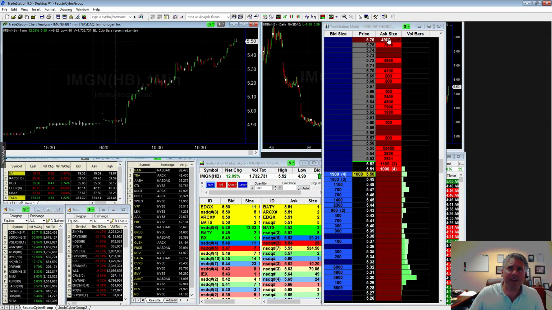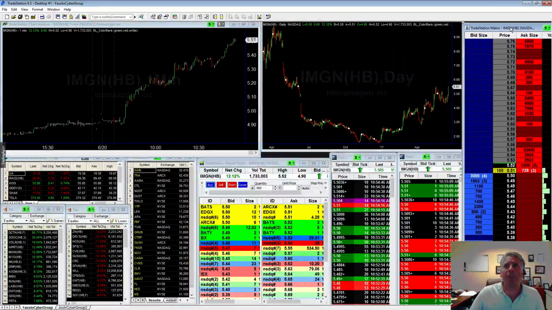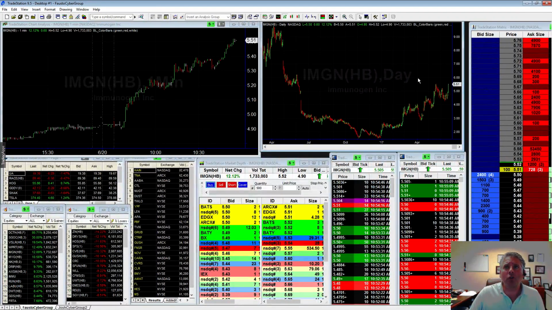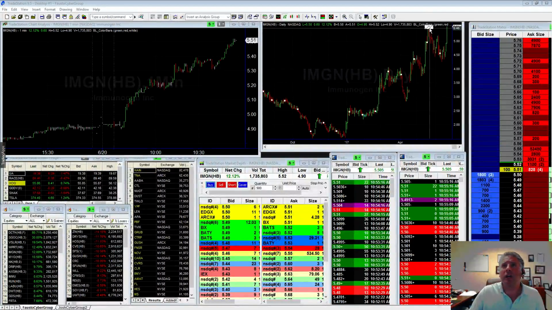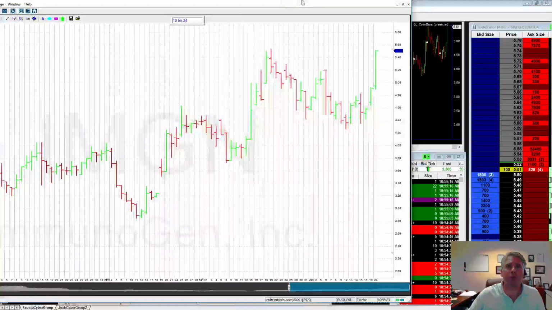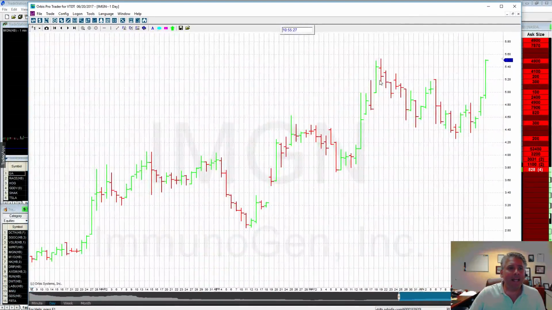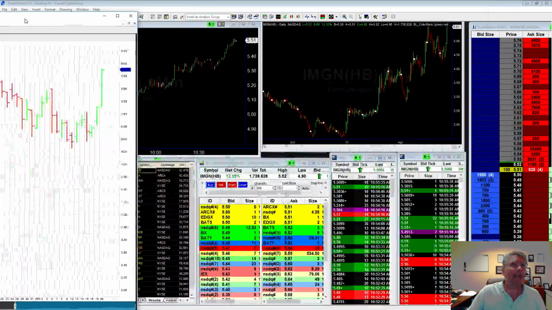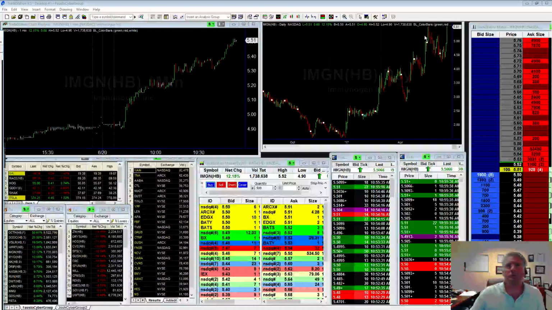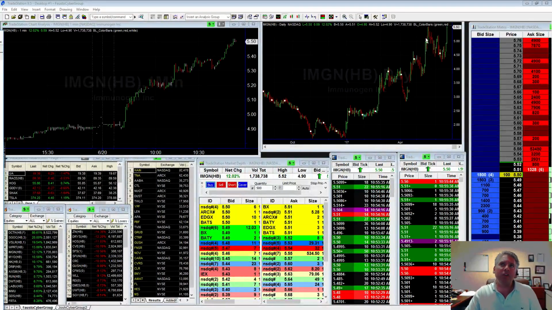With that big seller out there, and you're seeing a stock trending up, why would it be trending up? If you look right here, ladies and gentlemen, on the long-term chart, you'll notice there's a big resistance level. Let me bring up another screen over here. Back in May, the stock had a major resistance level at $5.53. Look all the way to the left-hand side, you can see that right there. This is just multiple charts that we use. But when you're asking yourself when the stock is going to stop going higher,